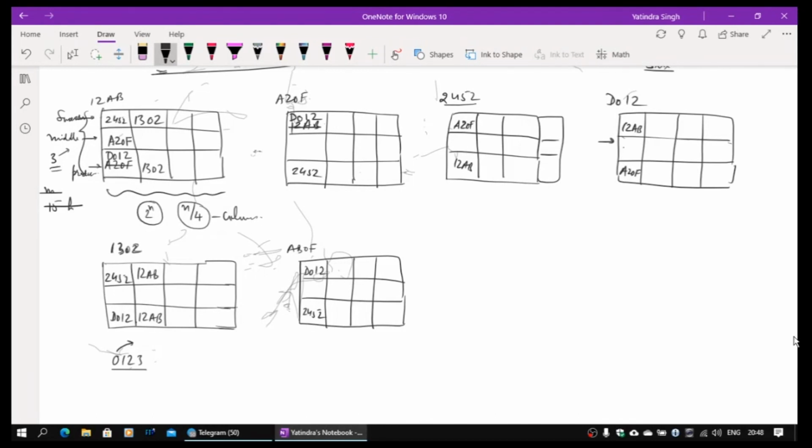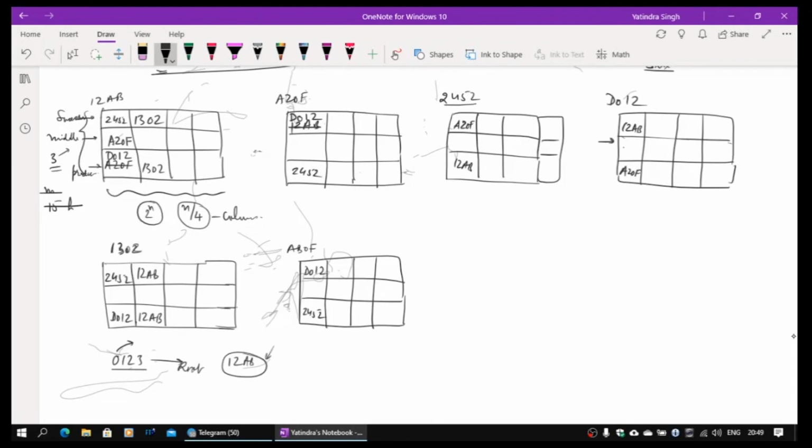0 is not lying between A and D. If it were lying between A and D, it would have to go to the next column in that case. So 12AB will come and look at 0. 0 lies here between D and 1, so 12AB is the choice. It has to go to the next column, where the next digit is 1. That next digit lies between 3 and 1 only. So 12AB will be the root node, because the rest of the columns are empty. You start with any node, and this is the result you will get.